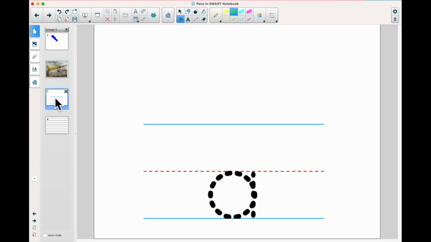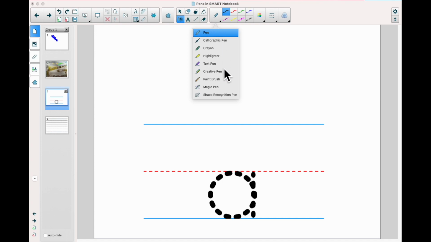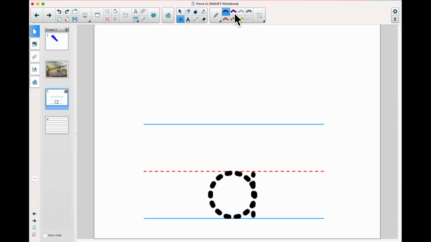Let's say I'm practicing some handwriting with my class, and from the gallery I've located one of the handwriting images and I've got the letter A here. Now I could use the normal pen and ask class to come up and trace around that letter, but what I could do is we could use one of the creative pens. You can see here there's all different options, so I'm going to choose the smiley face one, and I'm going to write my letter A using smiley faces. If I want to change that, I can just choose one of the different options, and I can use these pens